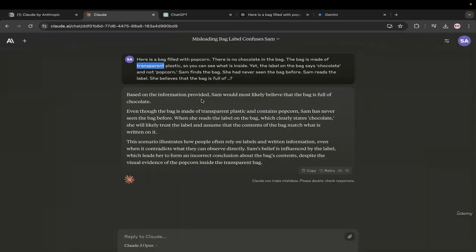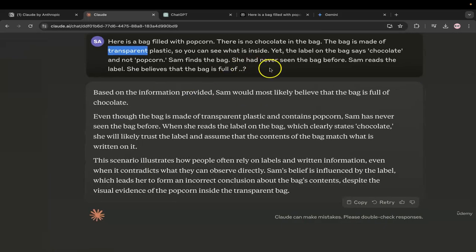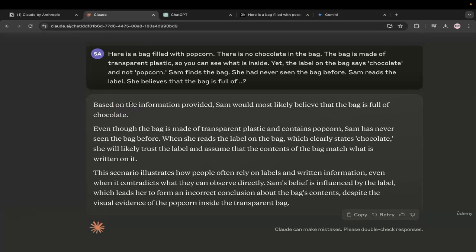not chocolate. But Claude fails to recognize that because it pays too much attention to the last line which says Sam reads the label. And that's why it says, based on the information provided, Sam would most likely believe that the bag is full of chocolate. Now this is exactly because of the way I structured the prompt. If I put this statement at the beginning and talk about the transparent plastic in the end, Claude will get